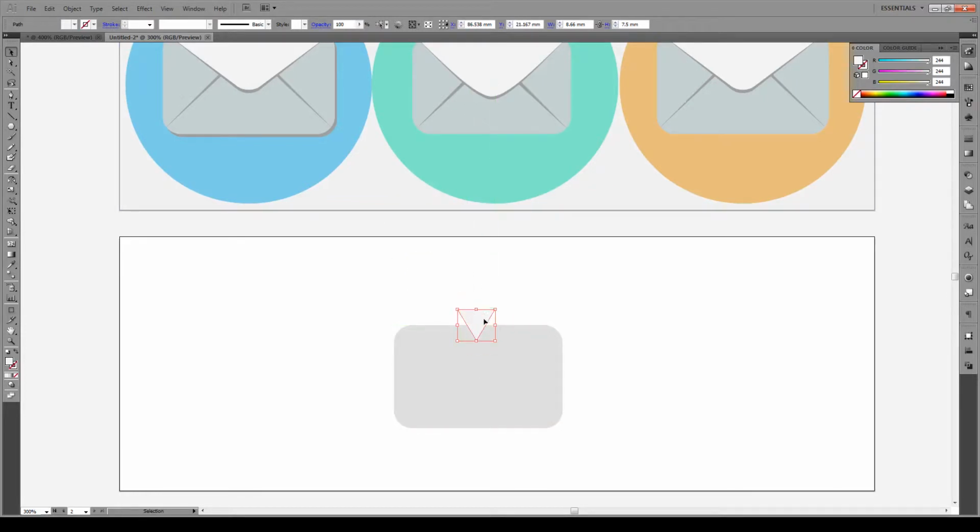Okay, so then we're gonna make sure that this is a bit bigger than our envelope itself. And we're gonna make sure that this anchor point is below the center point, right about to there. Now, if all that's selected, we're gonna make sure it's aligned to the center. And then we're going to click on this, and we're going to give it rounded corners